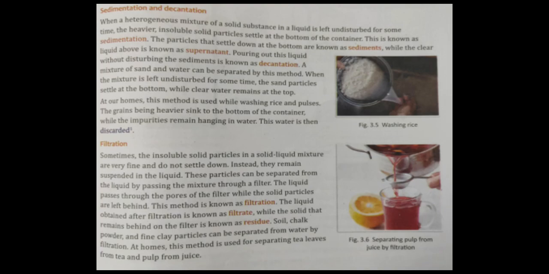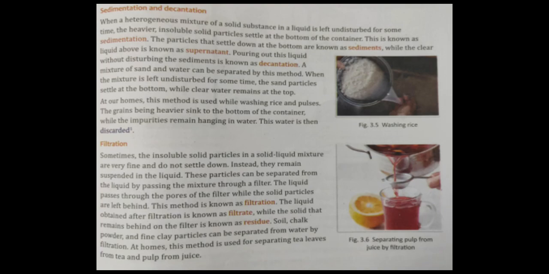Now the next process is centrifugation. This method is used to separate a solid from a mixture of solid and liquid. It is done in a special apparatus called a centrifuge machine. The method of separating finely suspended particles in a liquid by rotating at a very high speed in a centrifuge machine is called centrifugation. The mixture is placed in centrifuge tubes. These tubes are kept in a centrifuge machine and rotated at very high speed. In dairies, cream is separated from milk by this method, where milk is rotated at very high speed in the centrifuge machine. This process is based on density: because cream is lighter than the milk, it floats on the top of the milk and can be separated.